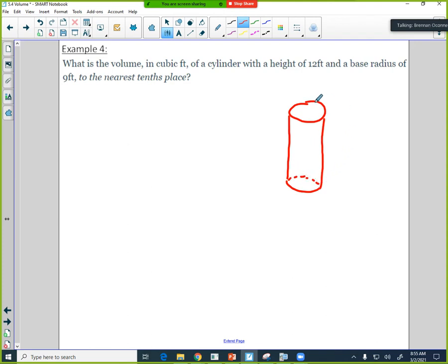And it says its radius is 9 feet, so we have a radius here of 9 and a height of 12. And so the volume is pi r squared h,